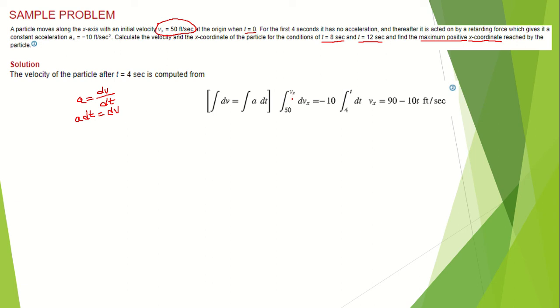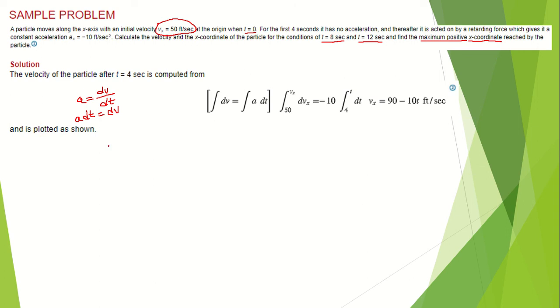All right. So integrating, and after substituting the limit, we get vx is equal to 90 minus 10t feet per second. So this is our equation for vx. Now after doing the integration here, all right,